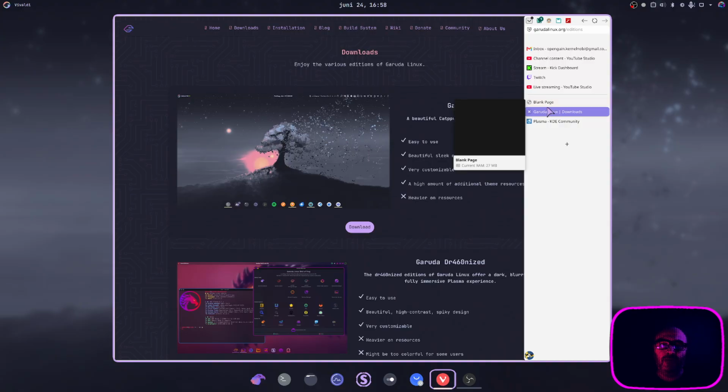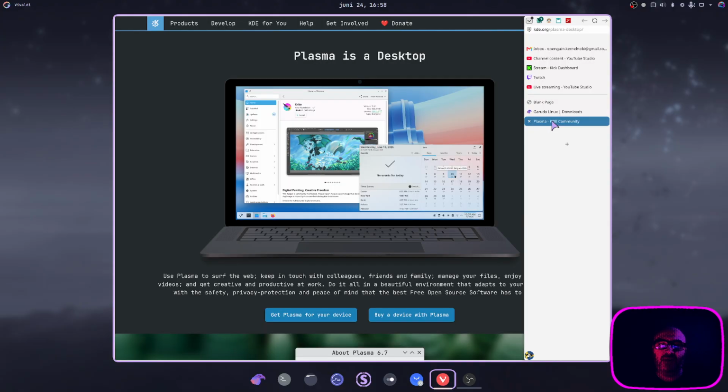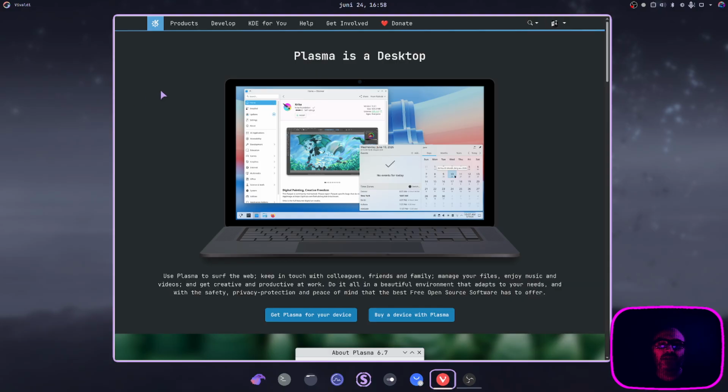And let me go now to Plasma KDE. Plasma is a desktop. Use Plasma to surf the web, keep in touch with colleagues, friends and family, manage your files, enjoy music and videos, and get creative and productive at work. Do it all in a beautiful environment that adapts to your needs and with the safety, privacy protection and peace of mind that the best free open source software has to offer. So yeah,